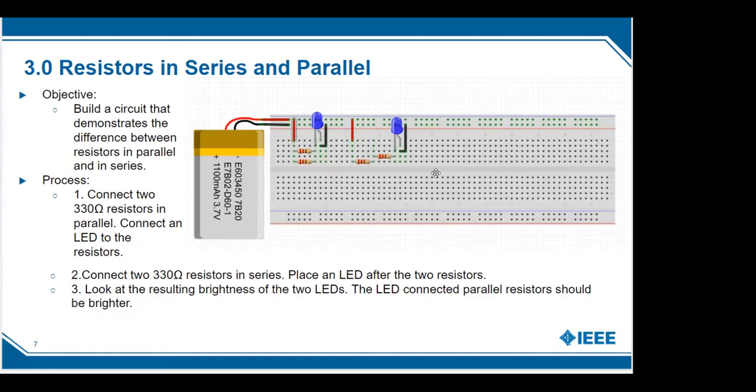So that would result in this LED right here. There's less resistance for this LED, so the LED would be brighter. And then this LED right here would have more resistance, so you would see less current flow through, which means the LED would be dimmer. And that's it for these breadboarding